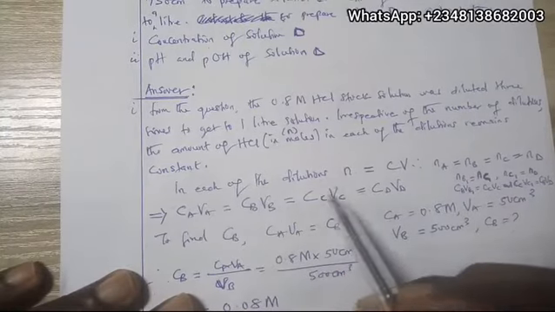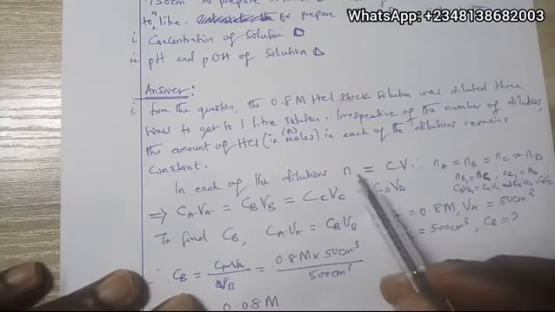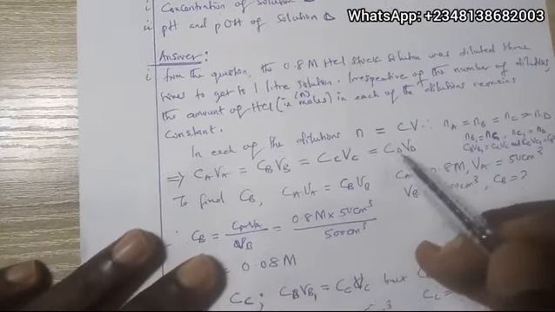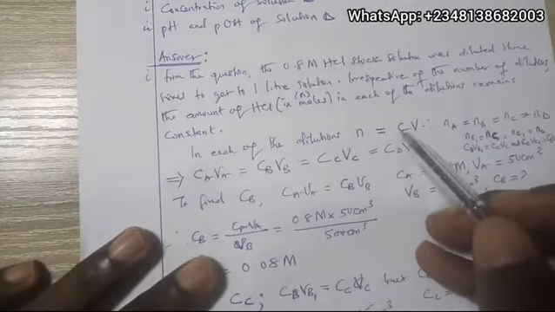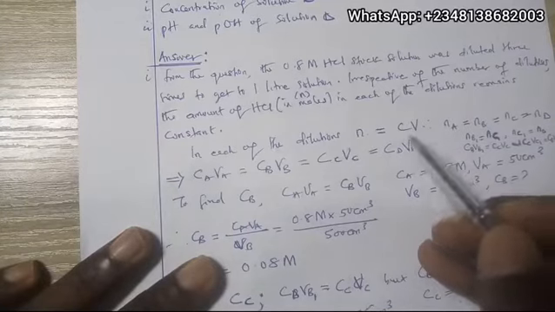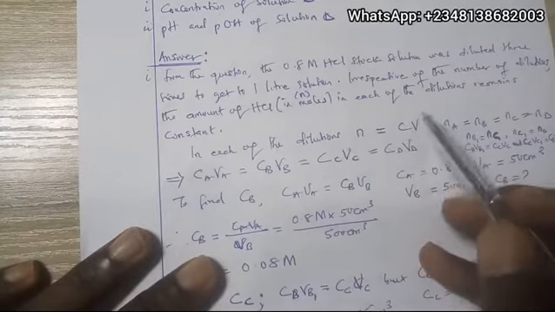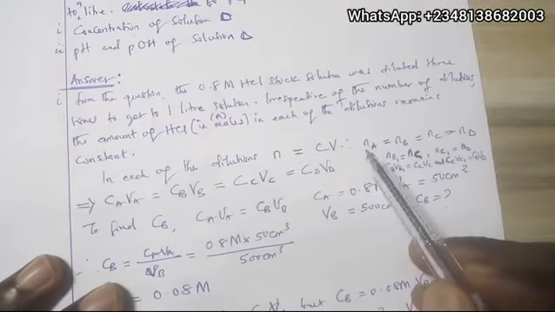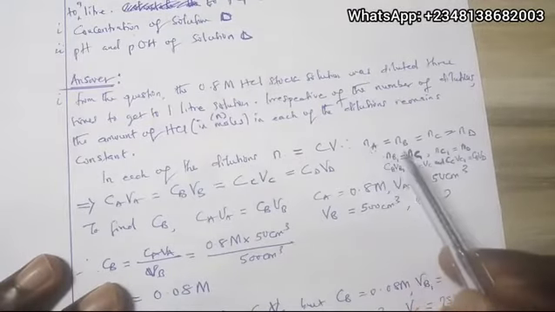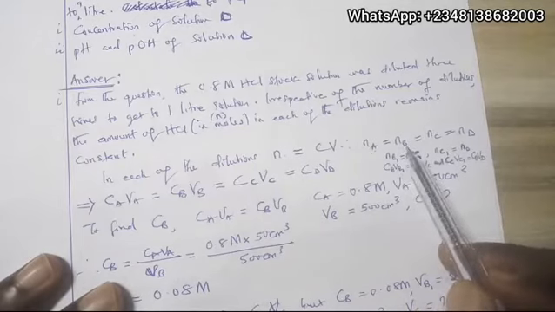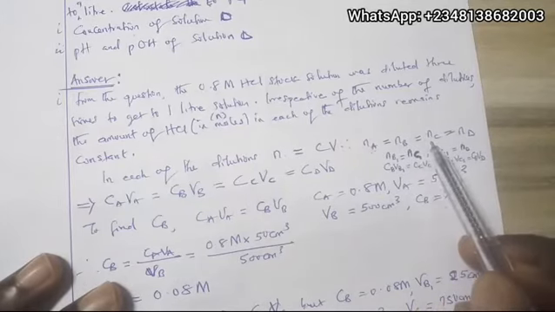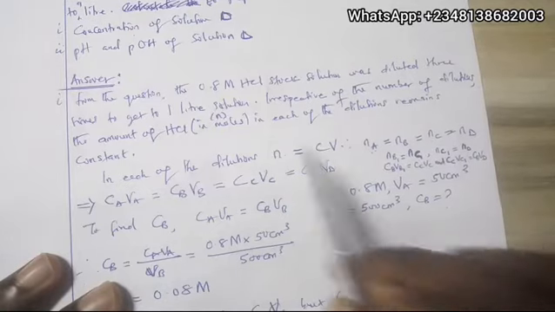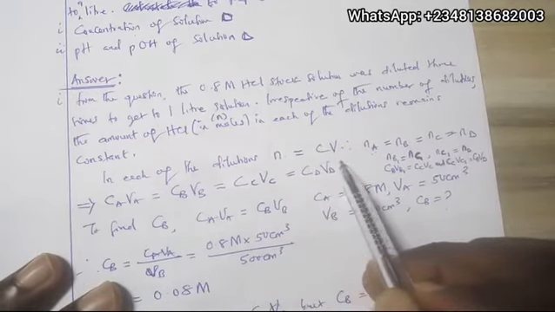So in each of the dilutions, N is equal to what? CV. Remember this relationship: the number of moles is equal to the molarity times volume in dm³. So N is equal to CV. So if the number of moles in solution A is equal to the number of moles in solution B, is equal to the number of moles in solution C, is equal to the number of moles in solution D, and N is equal to CV,